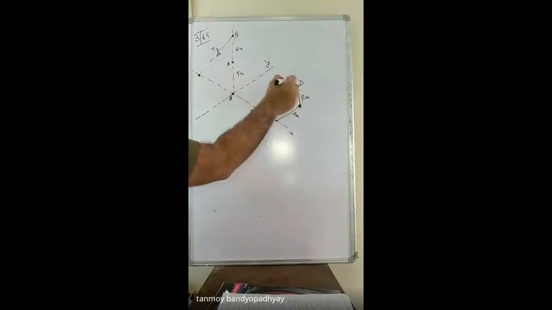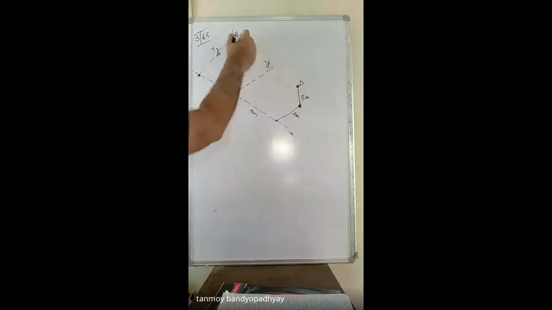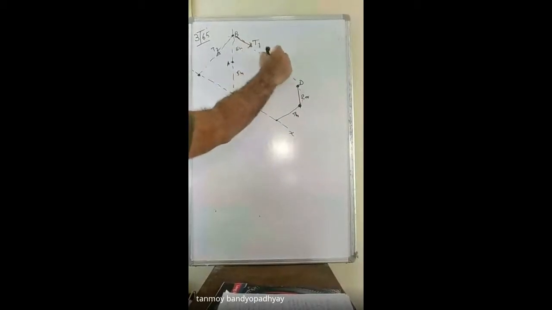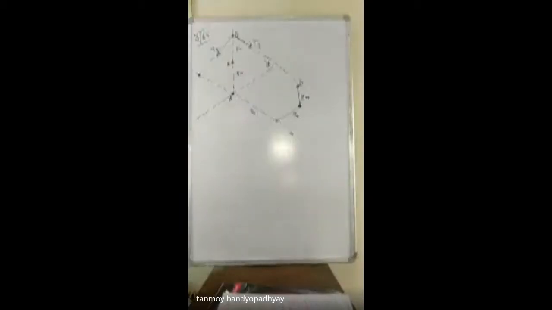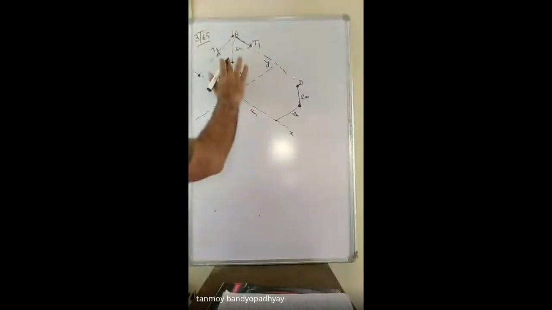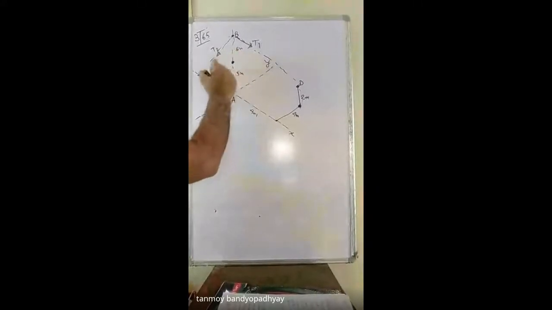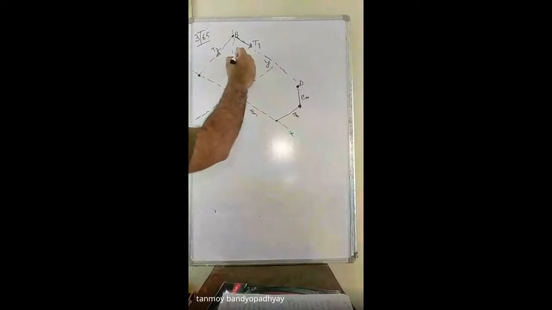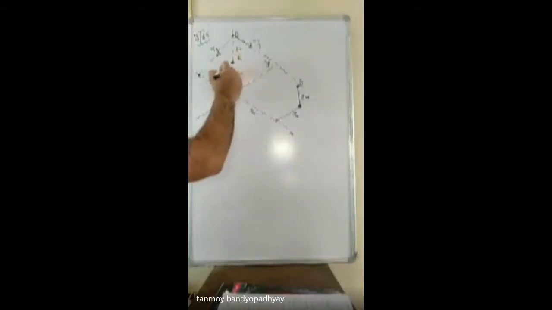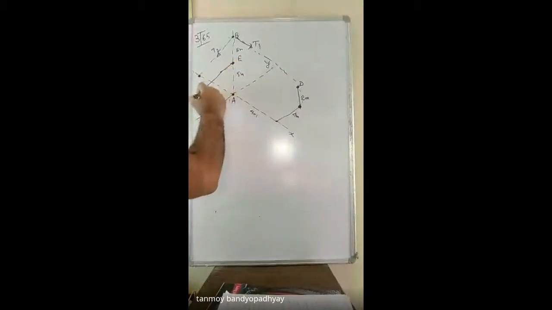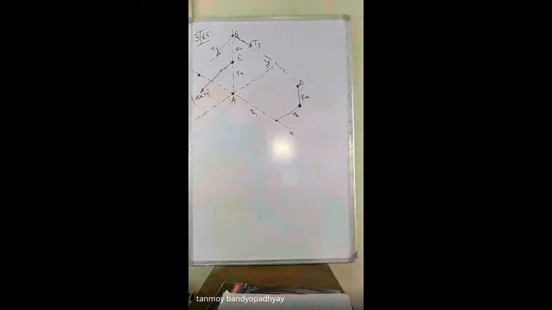Similarly, there is a point, this is the D point. If I join B from D, the cable here will be carrying a tension. This one is T1. Suppose I am calling the points A, B, C, D, E. Suppose this point I am calling E. At this point there is a force of 4 kilonewton directed on the negative y-axis. So this forms the problem.